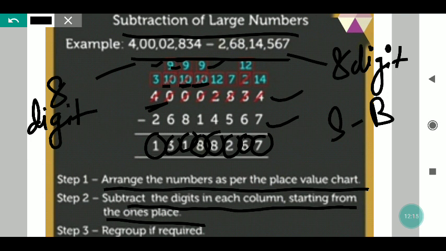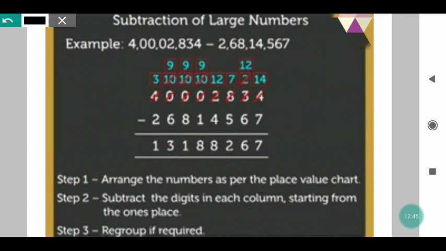Some of the time you all used to do, when 0 is written, you used to go to the next for taking carry, but you cannot skip the numbers. Okay, the number can take carry from the number which is written just next to that number. Always keep this in your mind. Okay, then you are not going to face problems anytime. Regroup if required, the same thing. It means this borrowing we have done, we have to do if it is required. Okay, it's not compulsory, only if it is required.